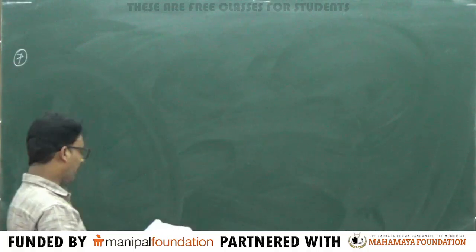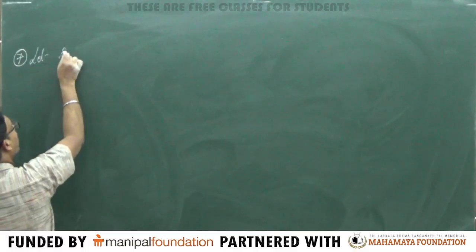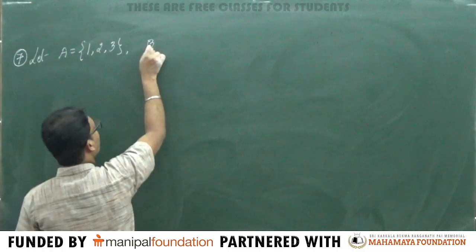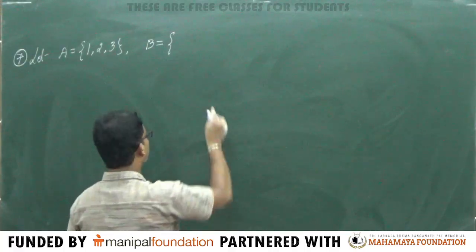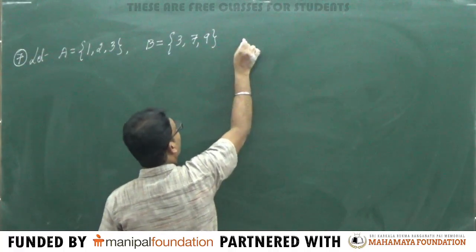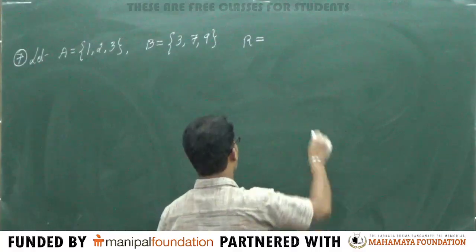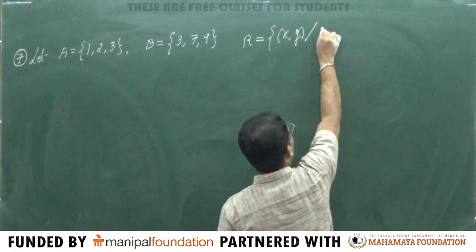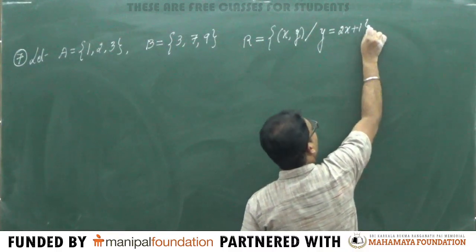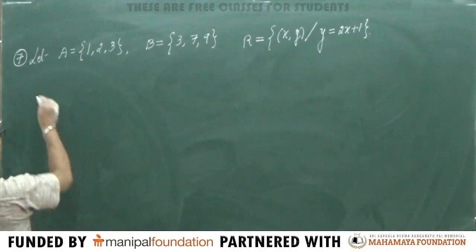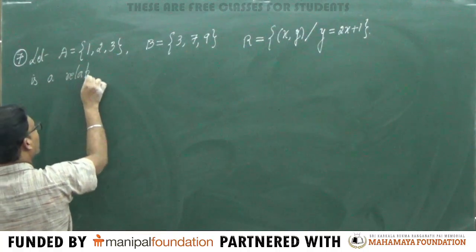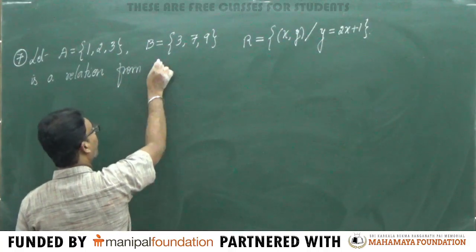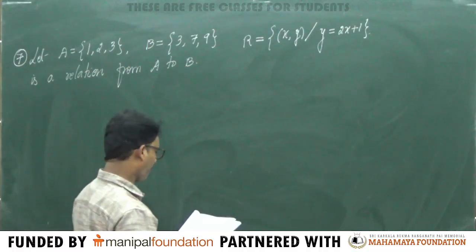Next question. Let A is equal to {1, 2, 3}, B is equal to {3, 7, 9}, and R is the set containing ordered pairs (x, y) such that y is equal to 2x plus 1, a relation from A to B. Then